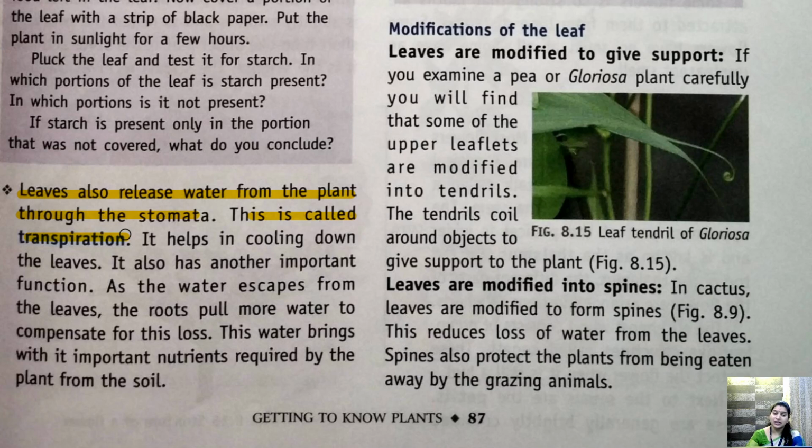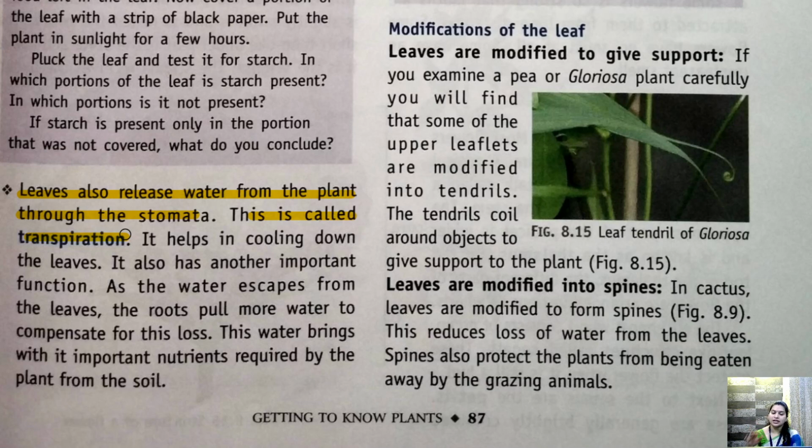ओके, सिमिलरली इन केस ऑफ प्लांट what happens, there also plant releases certain amount of water in the form of water vapor. Okay, in the form of water droplets or something like that. It releases the water from its body. Okay, that is called transpiration. That process is called transpiration. अब जो हमारे बॉडी में पसीना होता है वो क्या करता है? पसीने होने की वजह से हमारे बॉडी का टेम्परेचर मेंटेन रहता है.